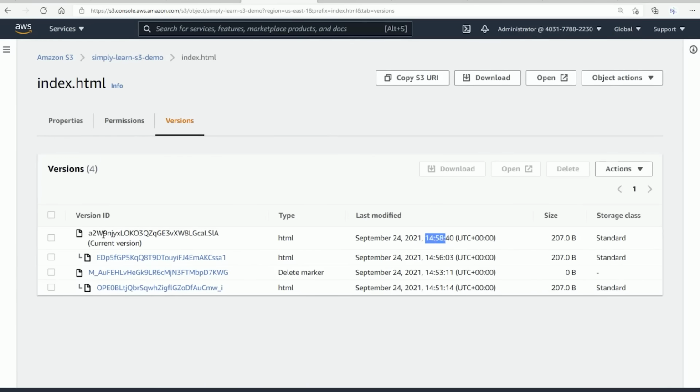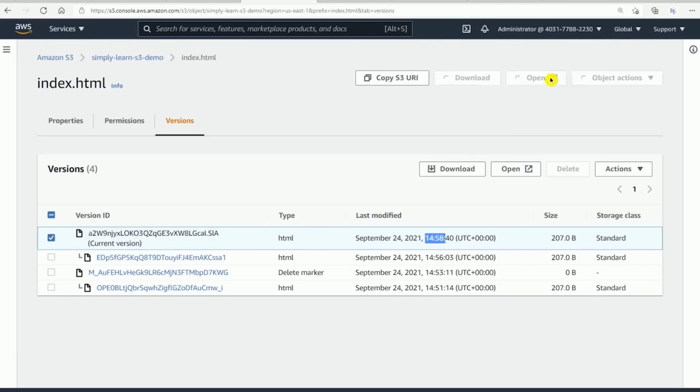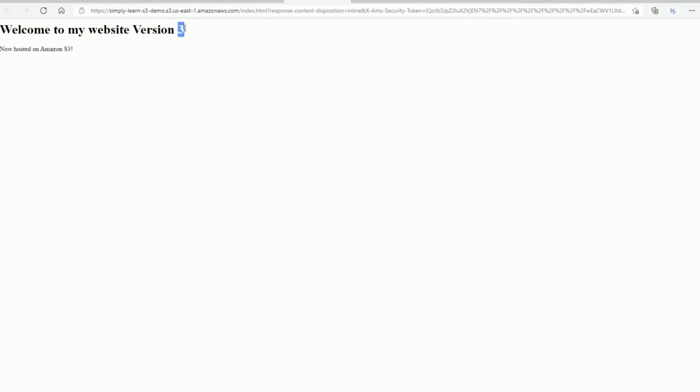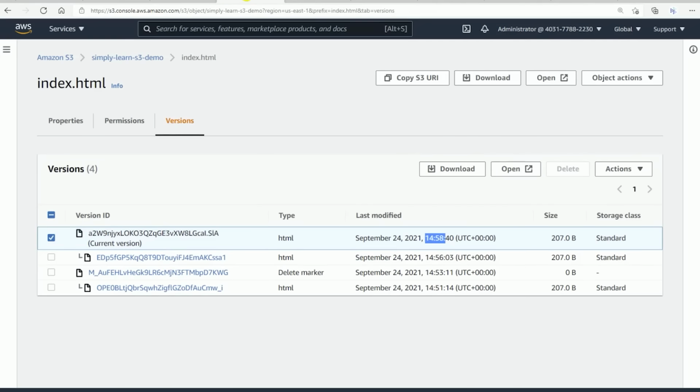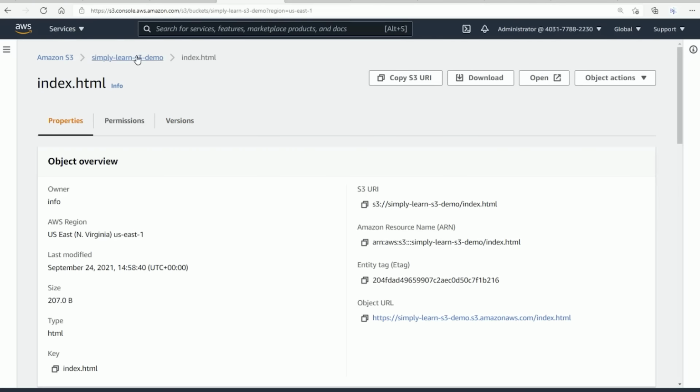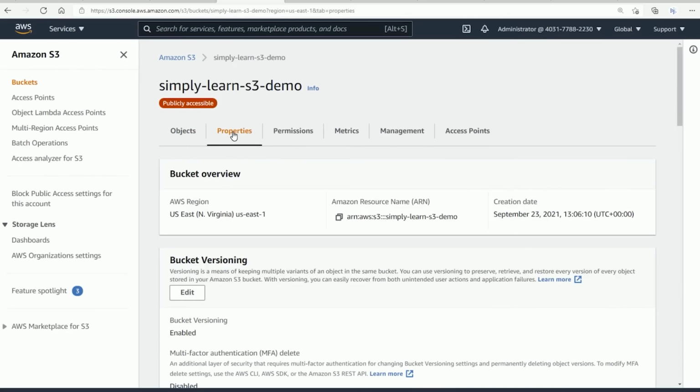You can see here we have a brand new version ID, right? And if I open this one, you can see version 3. So now you have a way to enable versioning very easily in your buckets. And you also have seen what happens when you want to suspend versioning, what happens to the history of those versions files before. Just to actually go back here to the properties where we enabled versioning in the first place,